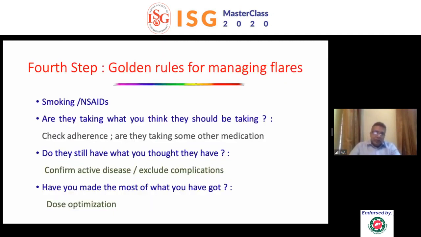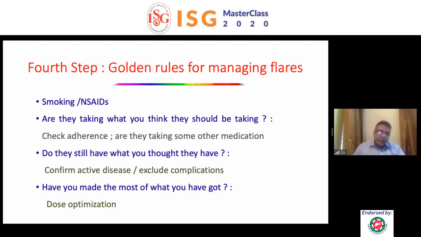Finally, this is a relentless disease. There are going to be flares. So whenever a patient comes to you with flares, there are 4 points which should immediately come to your mind. You should check through these 4 points before proceeding further. First is smoking leads to aggressive disease. Although Indian data does not totally corroborate with that, but that is only one study. NSAIDs definitely lead to relapse of the disease.